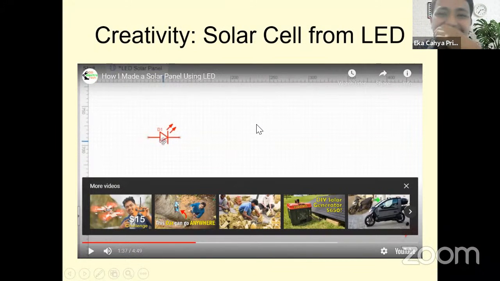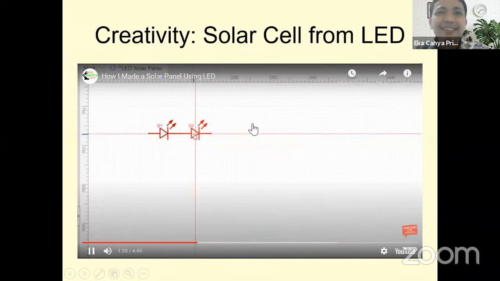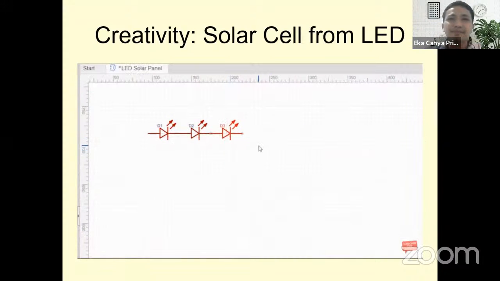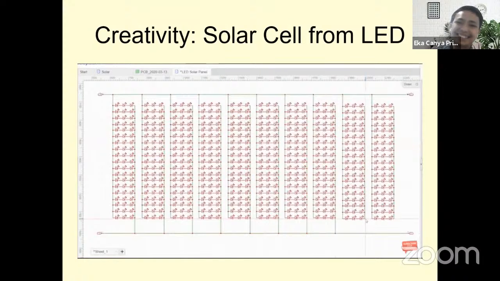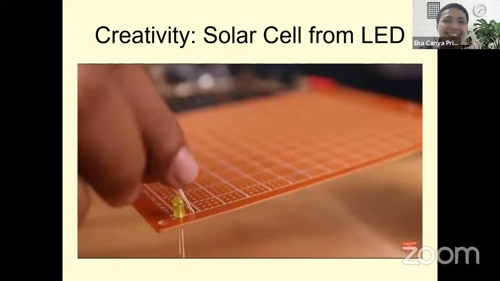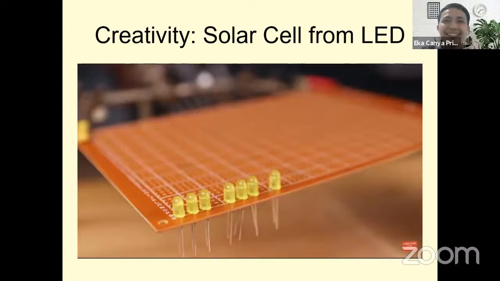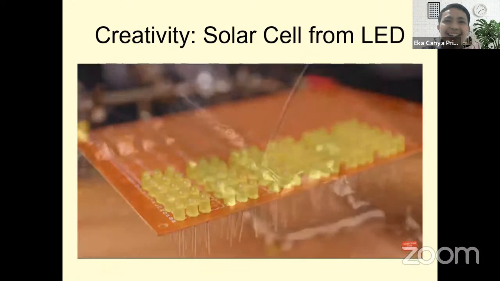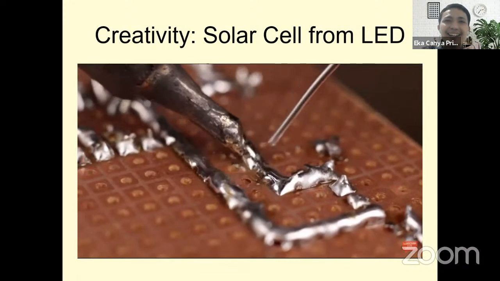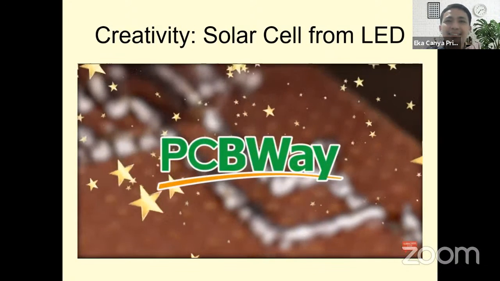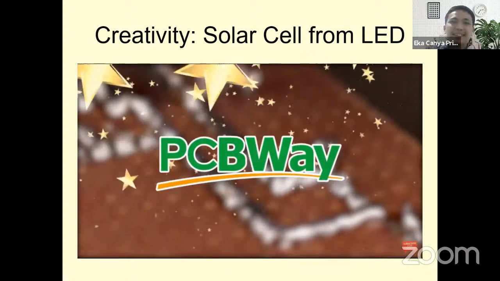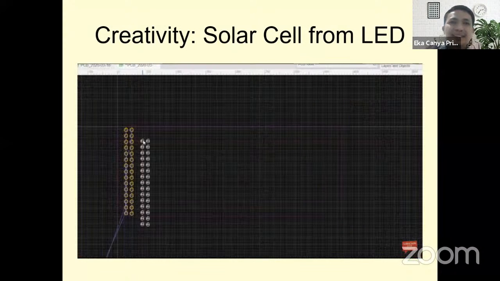My plan is to connect 3 LEDs in series to get around 5 volt and connect the rest of the LEDs in parallel to increase the current. I first thought of making it using Vero board, but connecting thousands of LEDs in series and parallel is a very tedious process. Then my friend at PCBWay told me that they would be more than happy to sponsor this project. So I quickly made a circuit